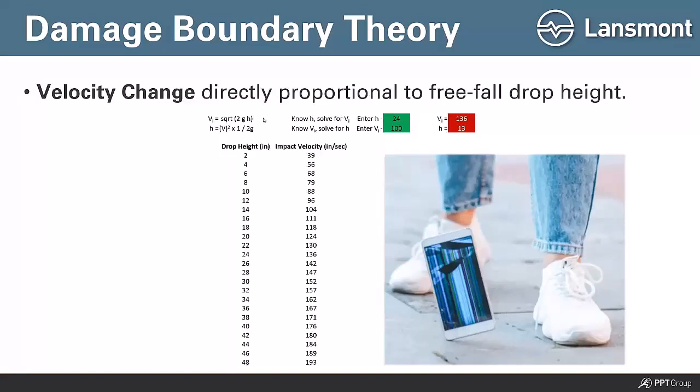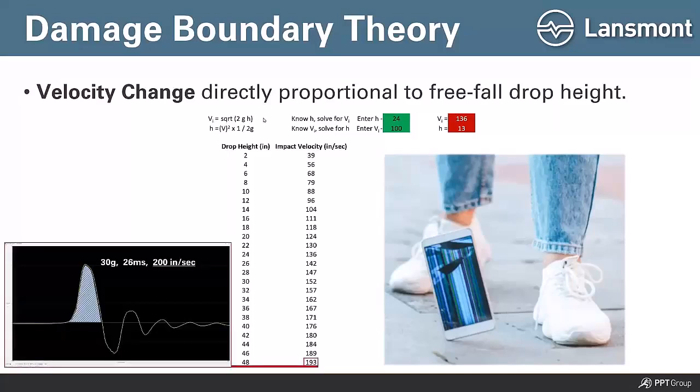So understanding that relationship or that formula helps me look at data like this, back to this shock pulse that I pointed out a few slides ago, 30 Gs, 26 milliseconds. That shock pulse had a velocity change of 200 inches per second. Well, if I look over on that chart, that's starting to approach the velocity change associated with a 48-inch free fall drop. And so when you look at these shock pulses, it doesn't necessarily mean something did free fall, was dropped, but the impact itself